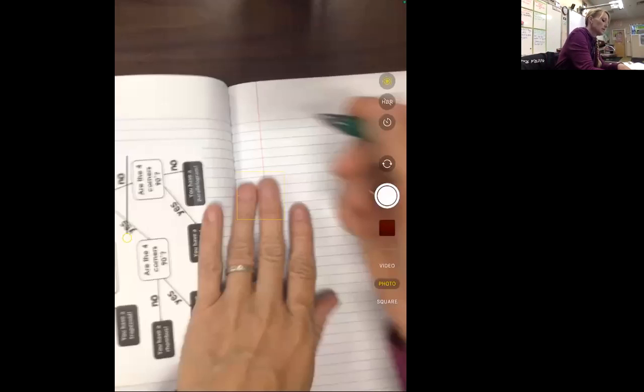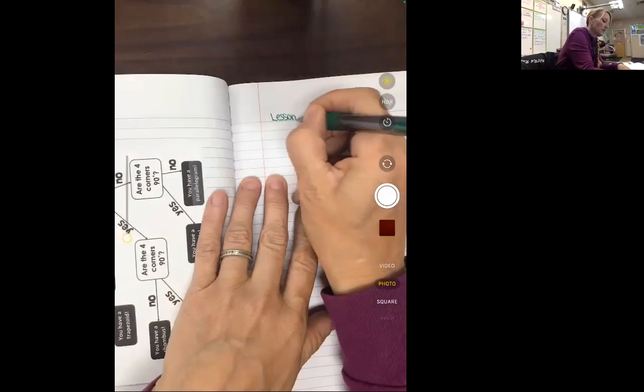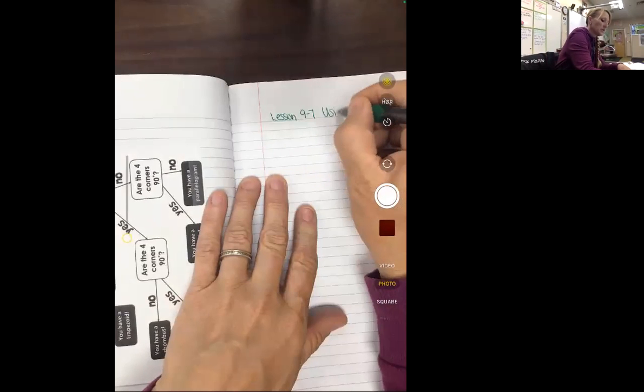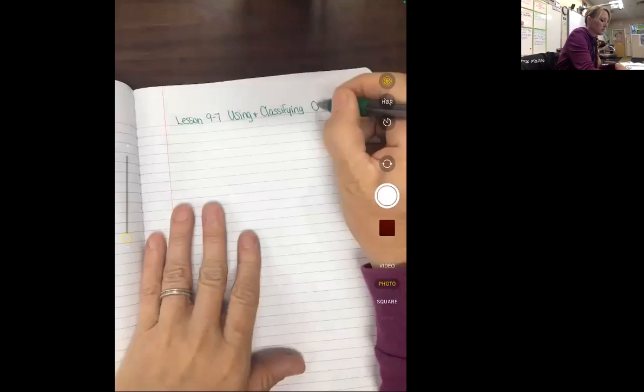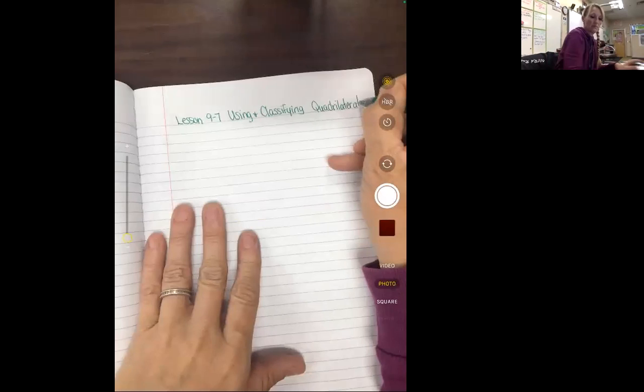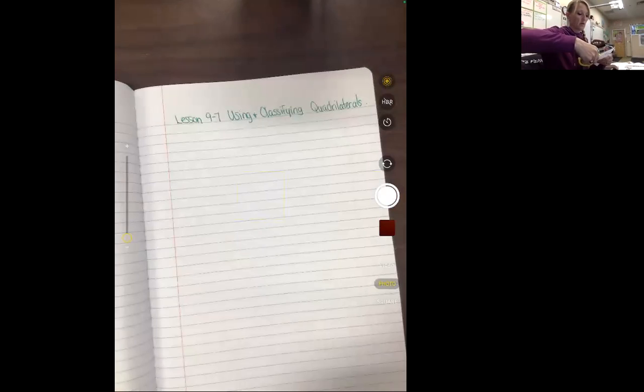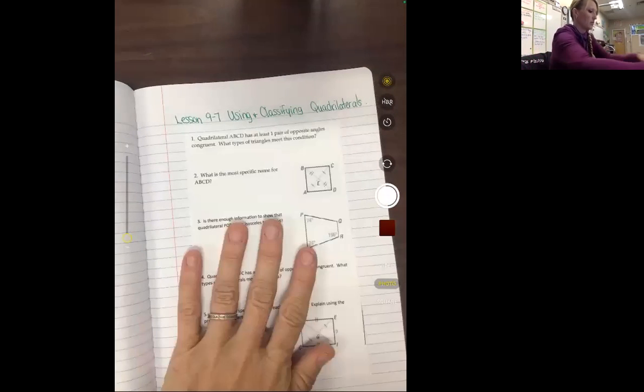Hopefully that will help you with this lesson, which is lesson 9-7, and it is on using and classifying quadrilaterals. This entire lesson basically just revolves around our questions here. So it's just basically going to be taking what we know already and putting it all together and applying it to classifying